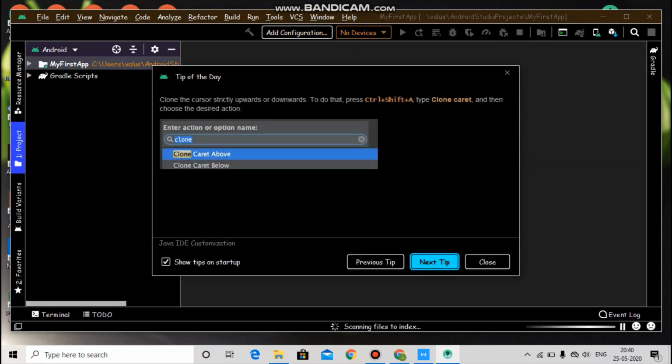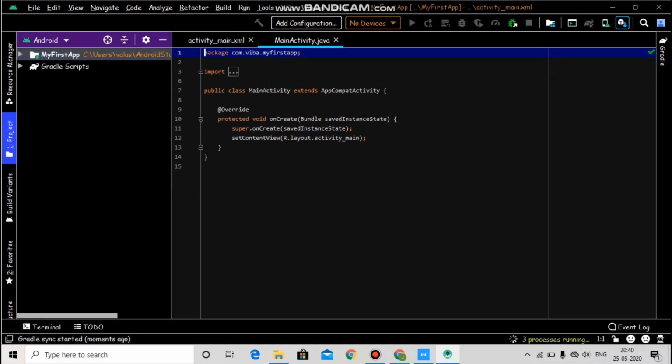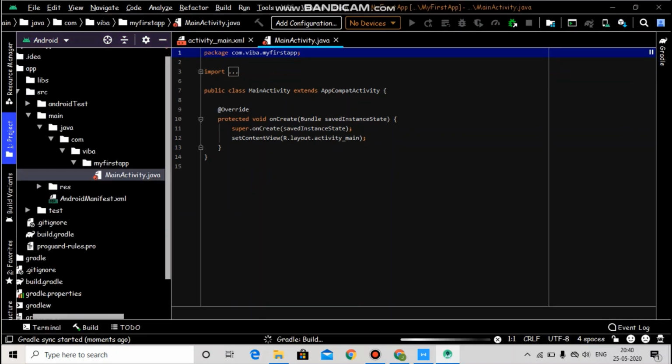Here you can see two processes are running. You can see here the Gradle sync is started and the Gradle is building. It takes time to build the project. You can wait patiently.